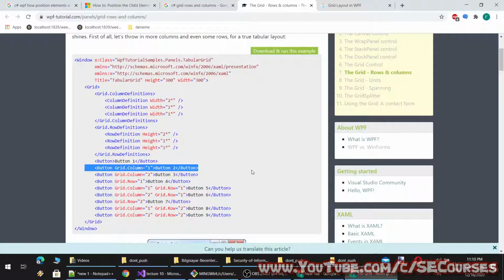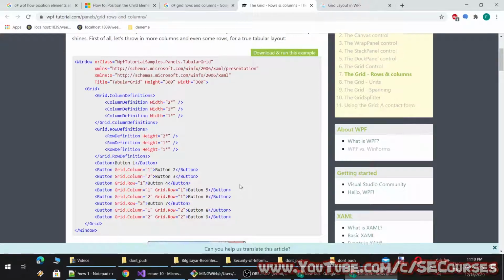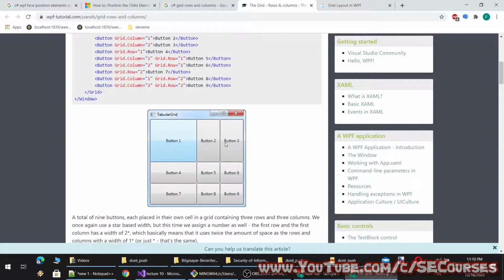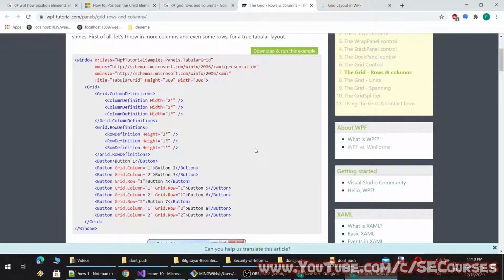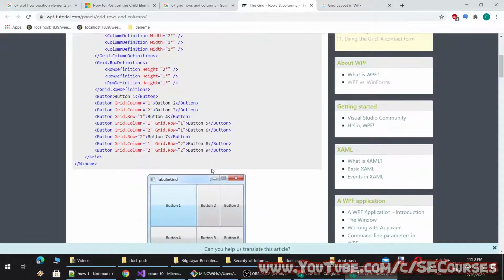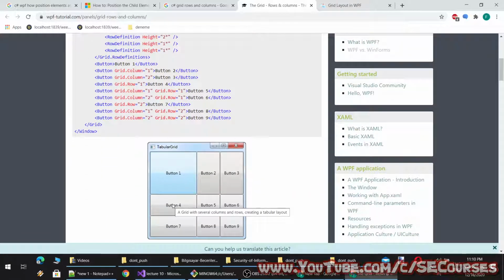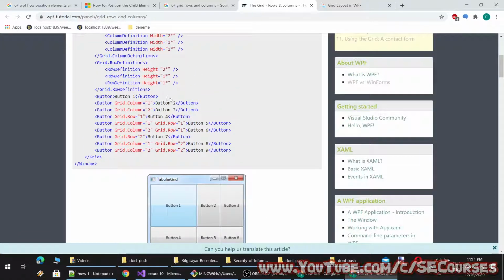I am making mistakes somewhere, but I am not sure. So grid column 1 and grid column 2, button 2 and button 3. So button 1 is written like this.